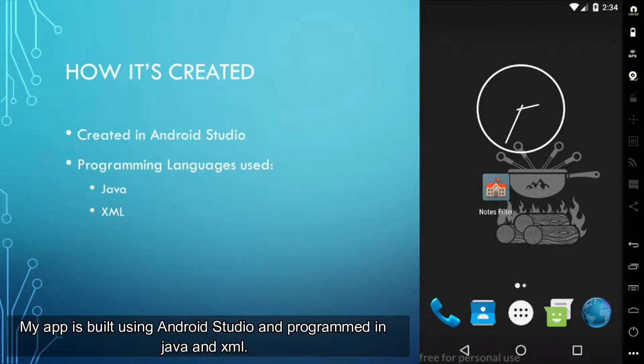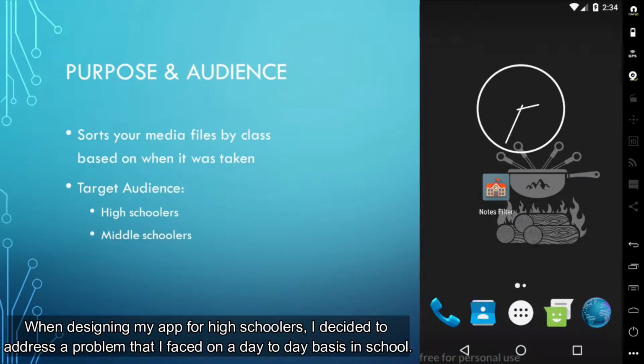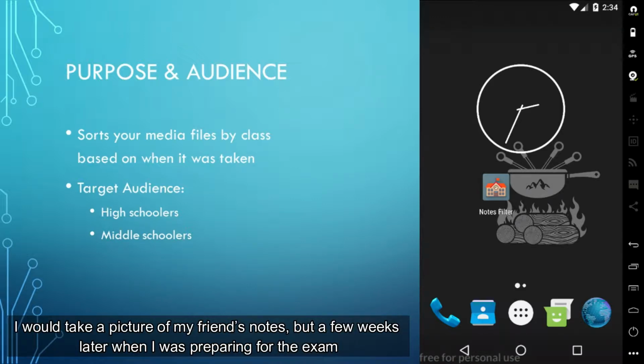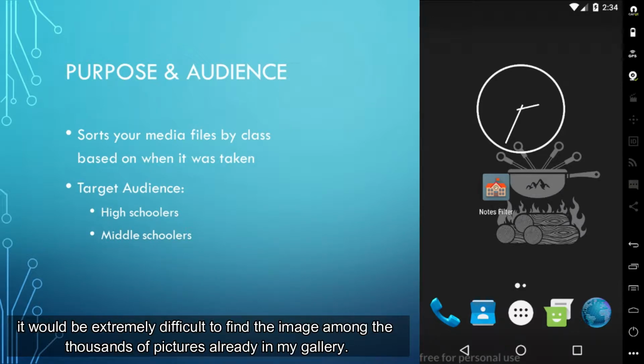My app is built using Android Studio and programmed in Java and XML. When designing my app for high schoolers, I decided to address a problem that I faced on a day-to-day basis in school. I would take a picture of my friend's notes, but a few weeks later when I was preparing for the exam, it would be extremely difficult to find the image among the thousands of pictures already in my